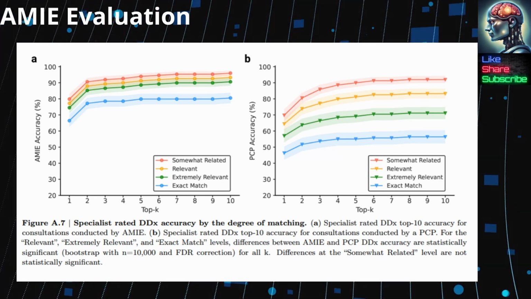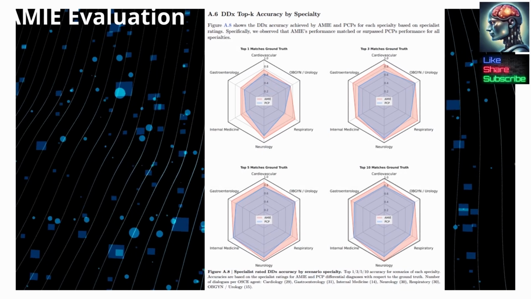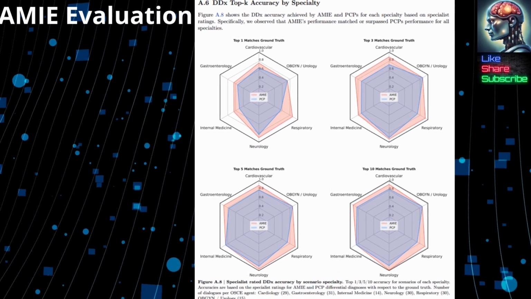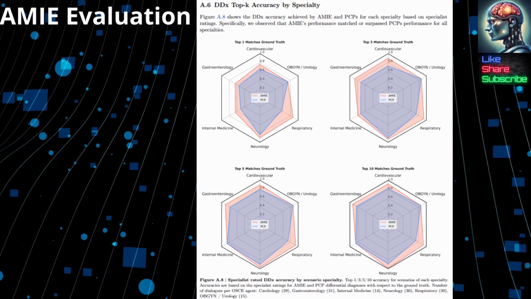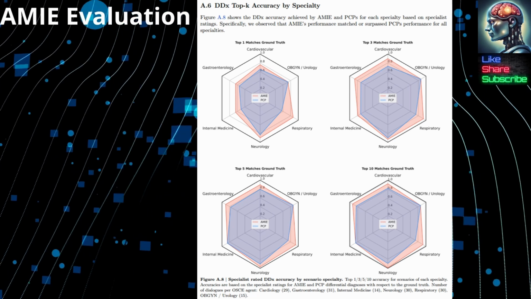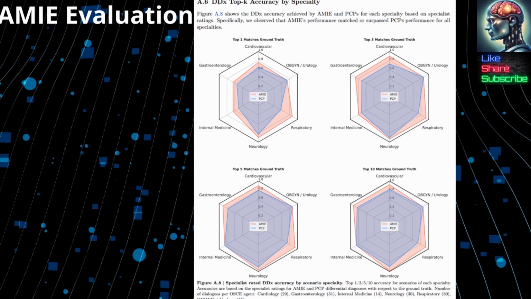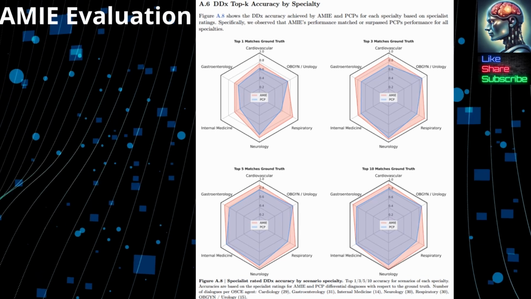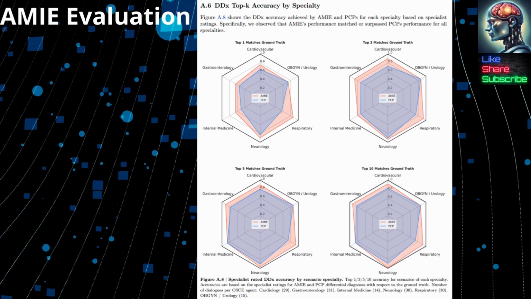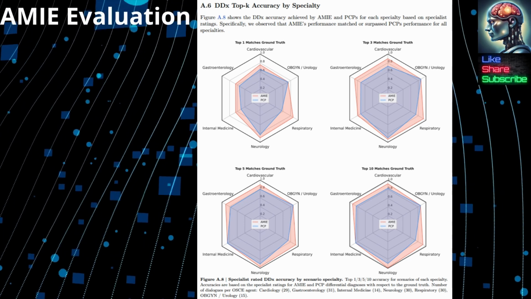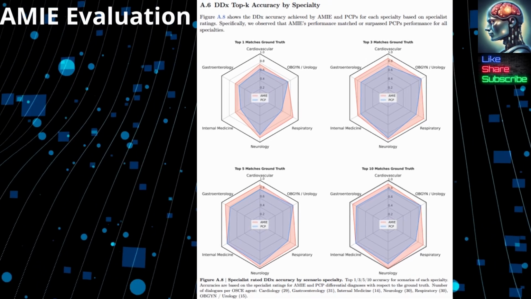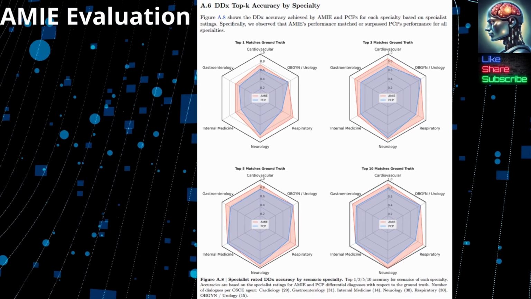Now, concerning the accuracy by specialty, figure A8 illustrates the differential diagnosis accuracy achieved by AMIE and PCPs across the 6 medical specialties covered by scenarios in the study. In the figure, we observe that AMIE's performance matched or surpassed PCP performance for all specialties when taking the top 1, 3, 5, and 10 accuracy for scenarios of each specialty, with the most pronounced improvement in the respiratory and